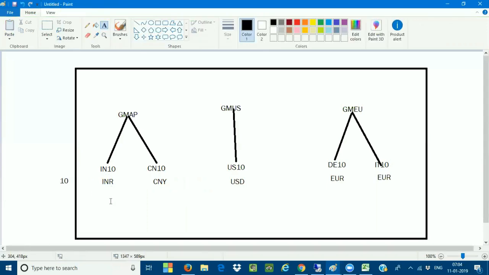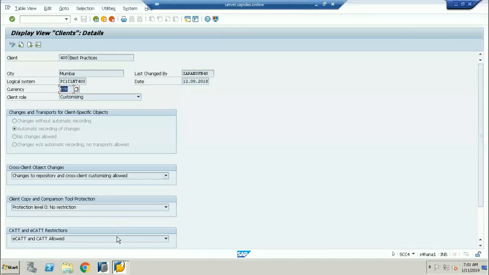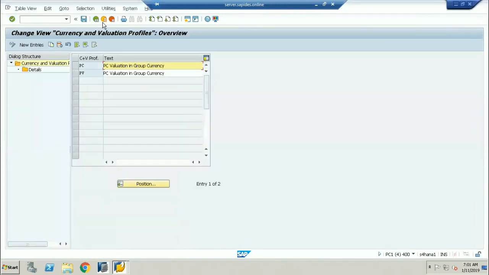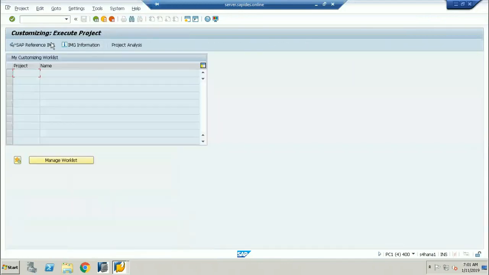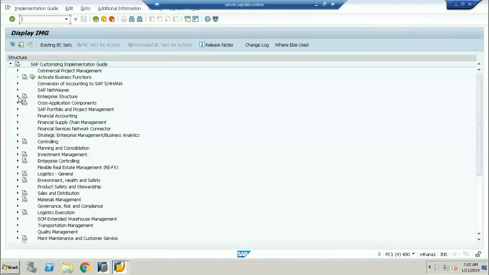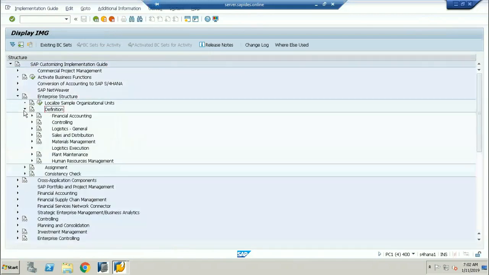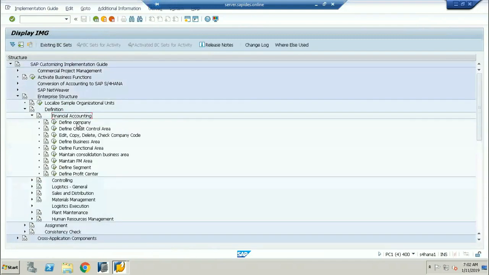Now, whichever company codes have been assigned to my company, this is called the company. Now I'll go to the company. SPRO, IMG, Enterprise Structure, Definition, Financial Accounting, Company.